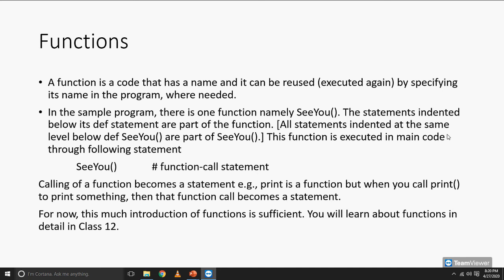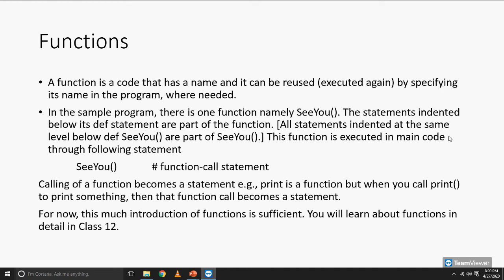All statements indented at the same level below def cu are part of cu function. This function is executed in main code through the following statement. cu(), this is the function call statement. So calling of a function becomes a statement. Example, print is a function, but when you call print to print something, then that function call becomes a statement. For now, this much introduction of functions is sufficient. You'll learn about functions in detail in class 12.